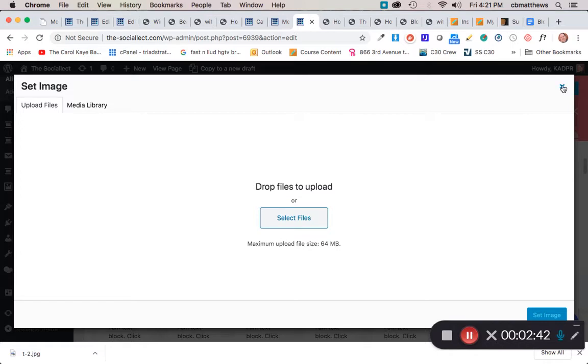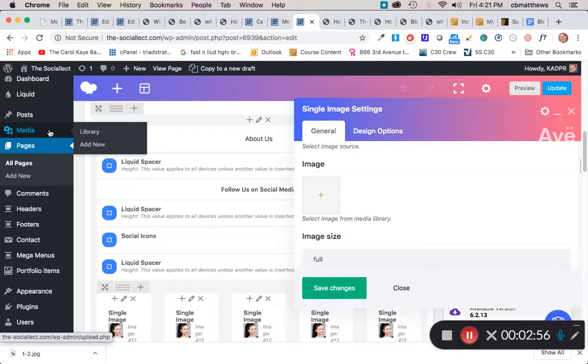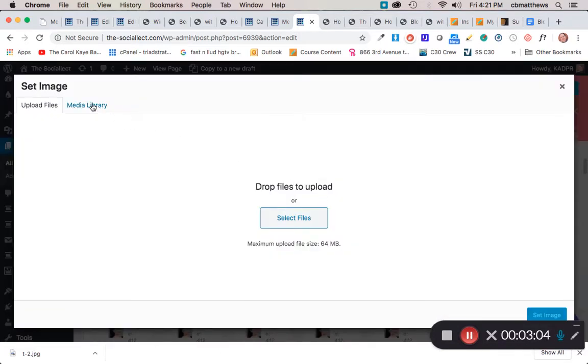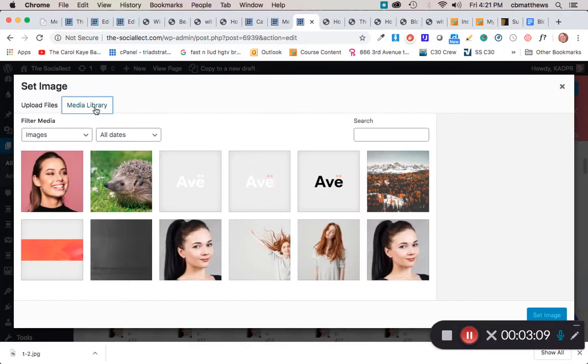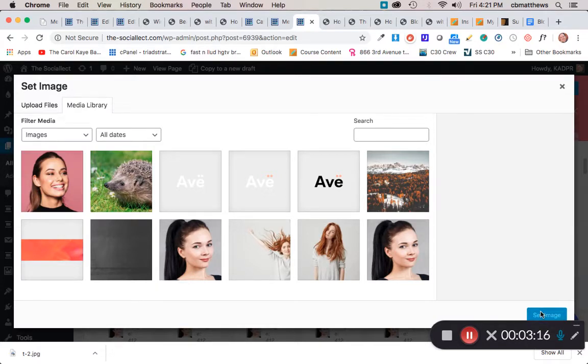But at this point, I knew that my job is to replace all 5 of these pictures in a row. Rather than doing them one by one, which will take time going to the upload image option, I'd probably go to the media library, again over here, Add New, and add all 5 pictures at one time. So when I came back here, instead of going to Upload Files, which takes longer one by one, I'd be able to come in here and I would probably see my last 5 images would be my different bio photographs,